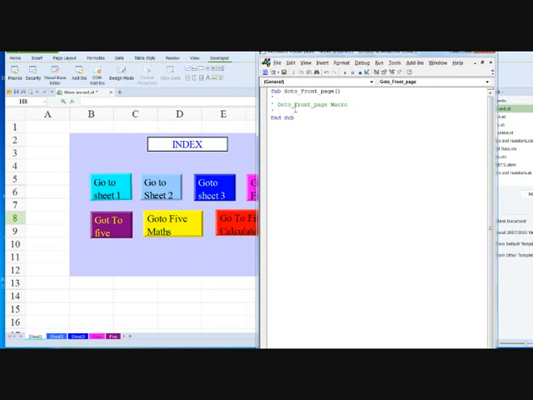Green lines, green font is just notes. And it's got an apostrophe there, look, so that's not part of the macro. So we want